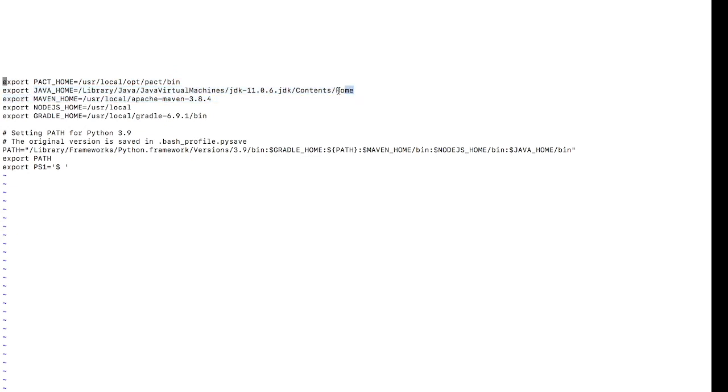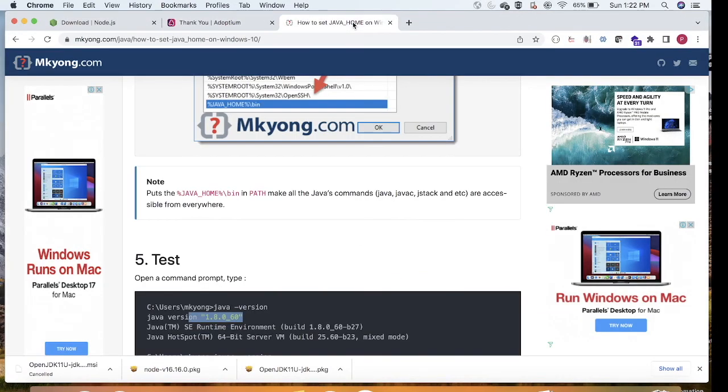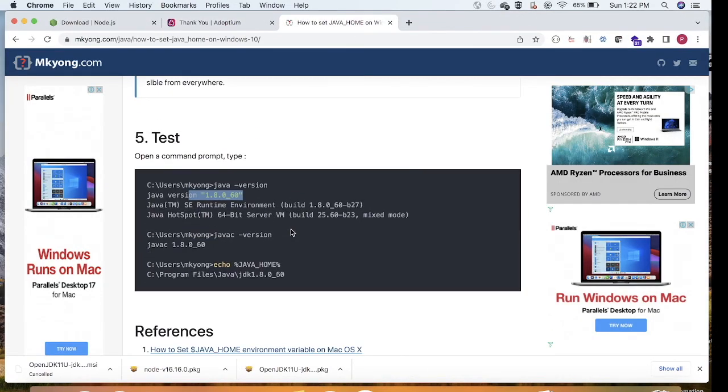This path you will be getting once you install the JDK. It will show the path where it got installed, and after that you can directly set that Java home here. So this is for Mac users, and for Windows users I have already provided that link here. I will add that link in the description. You can follow that and set up the